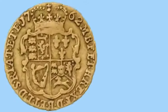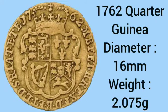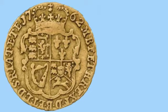We start off with the quarter guinea, only minted in 1762. It's the same diameter as a silver threepence, but heavier because it's gold, and it features a crowned shield on the reverse design. A quarter of a guinea was equivalent to 5 shillings and 3 pence, and back in the day that was the equivalent of about £60 in today's money, so not a bad coin to have in your